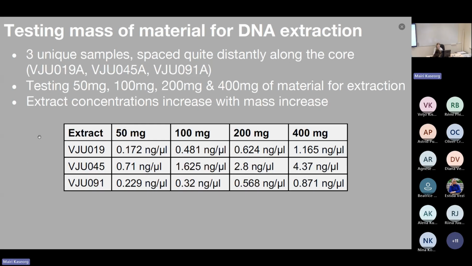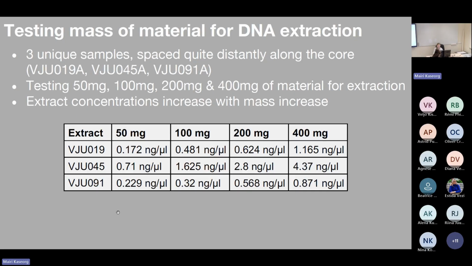The first thing that we saw, already when we measured the concentration of the DNA extracts before building them into sequencing libraries, was that the concentrations are low, because these are not amplified. This is just pure DNA from the sample. But it was really so that the more material you have, the higher the concentration. So we didn't reach that upper level of how much we could squeeze into that tube. So already this gave us a hint that probably 400 milligrams is the best of these.